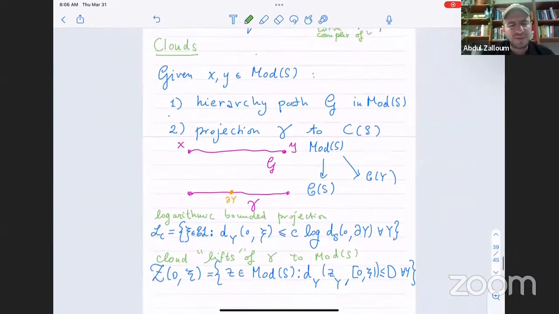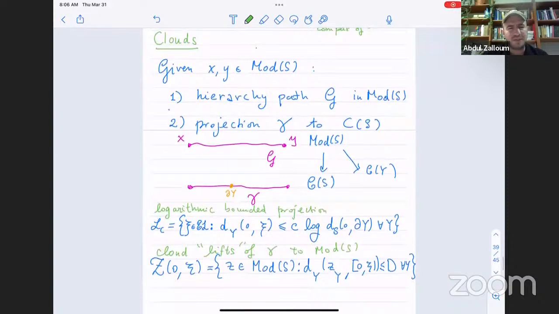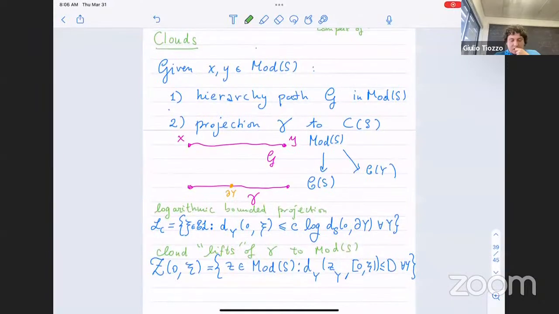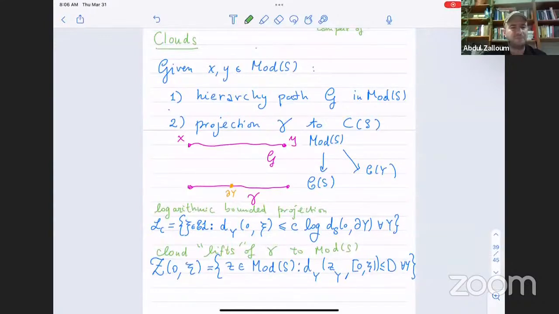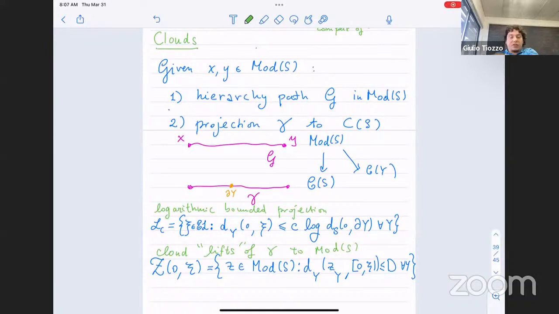This cloud is just the same as the convex hull, right? In the set or something. Yeah. Convex hull, no, the cloud lives in the mapping class group, and this geodesic 0 to psi lives in the curve complex. So it's like a lift, but there's more than one way to lift it. Yeah. But of course, the random walk starts in the mapping class group, so you can project everywhere and look at how the different projections behave.